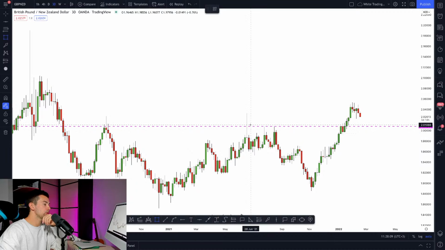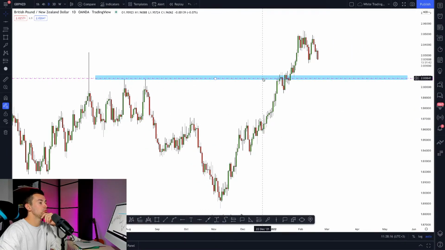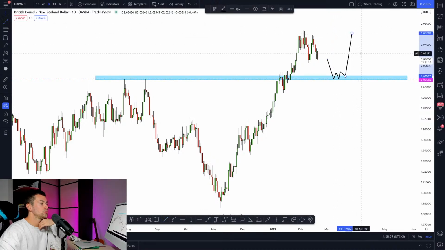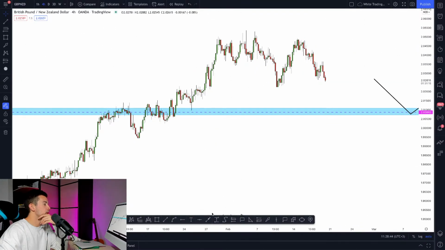The closest strong structure that I am looking at is that key level. You can see that on the daily time frame, around the 2.0 structure, we have a very nice key level. So for now, I'm patiently waiting for the test of that structure in order to look for trend following trading opportunities from here. I want to see the test of that structure, and there I will look for the confirmation to buy the pair. What else do we see on Pound New Zealand?